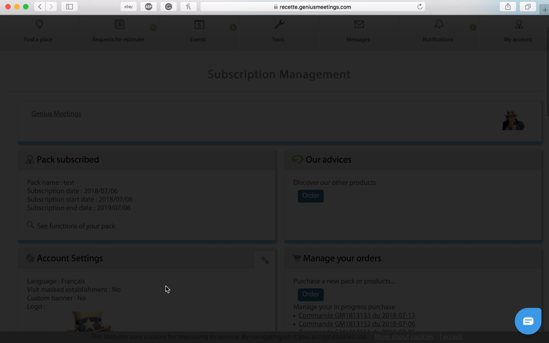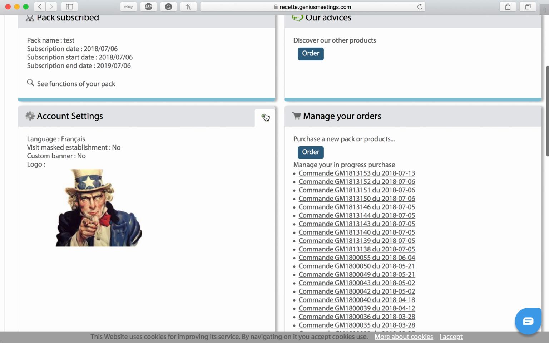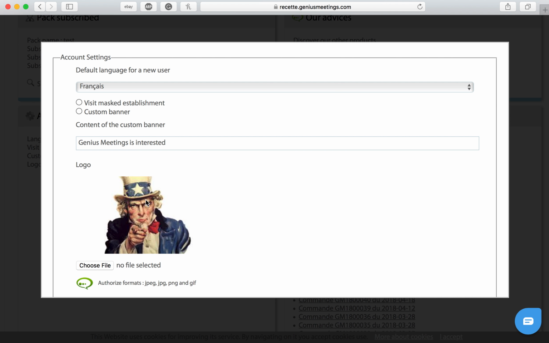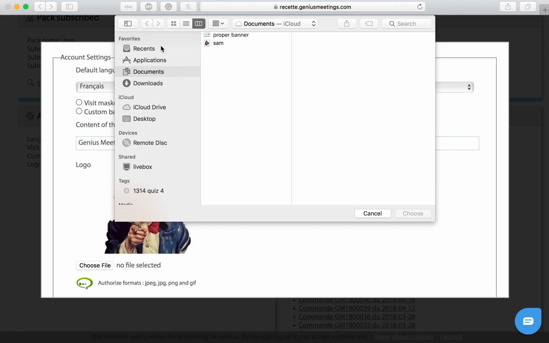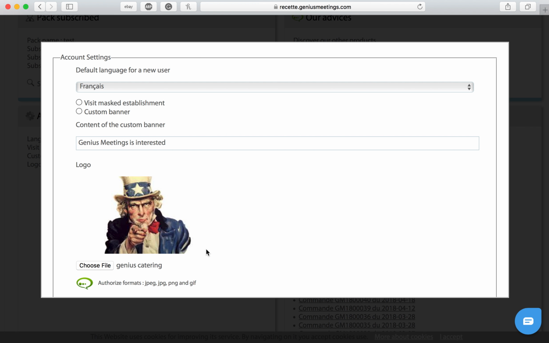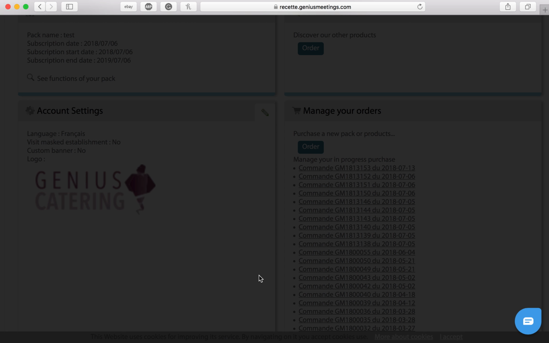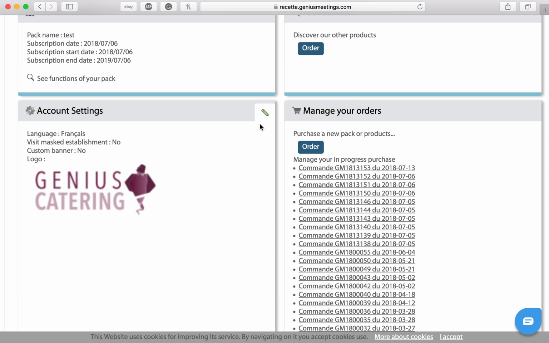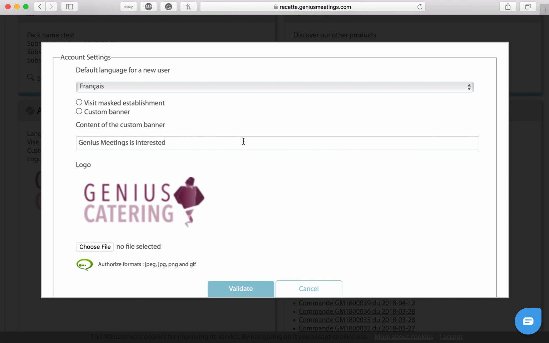In order to add the proper banner, you head over to Account Settings, and you can enter the desired image, and you can see the image is changed. In order to make the proper modifications, you can change it to English,